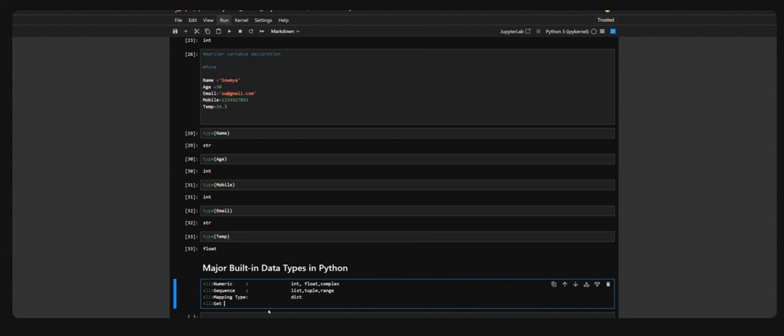Set, set types, okay? Set types. These are the types of variables or data types you will see in Python. Frozen set. I'm going to explain all these things, okay? If not today, tomorrow, one by one. Okay, if your fundamentals are clear, then